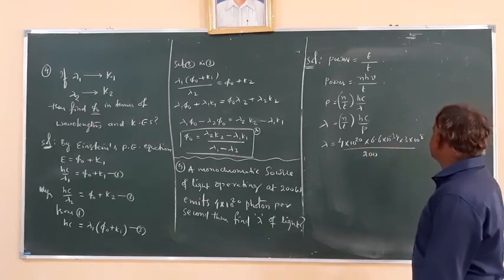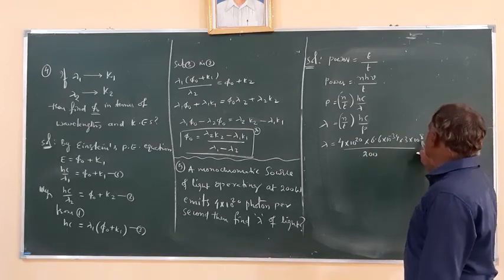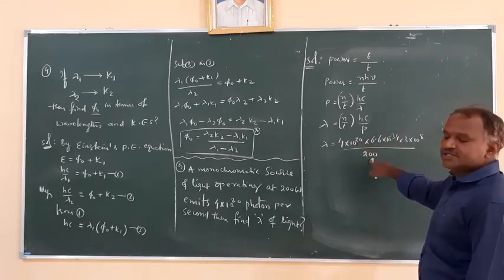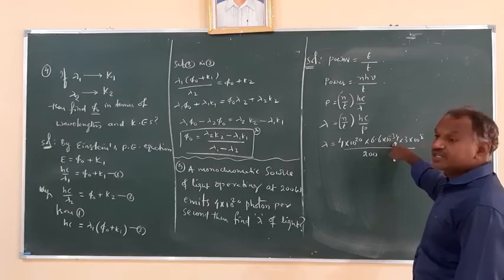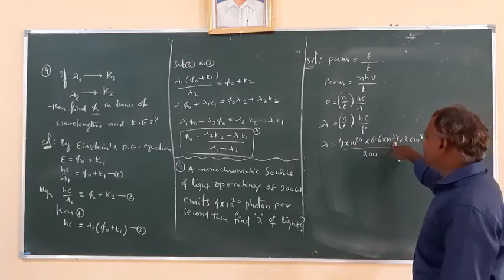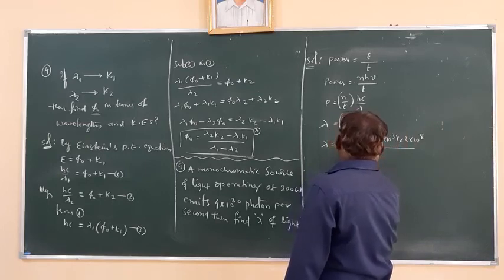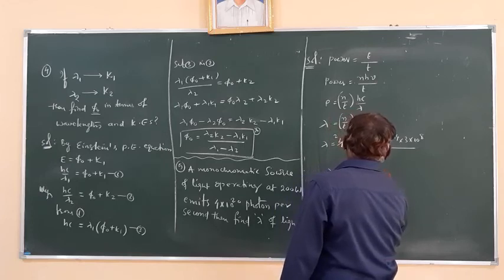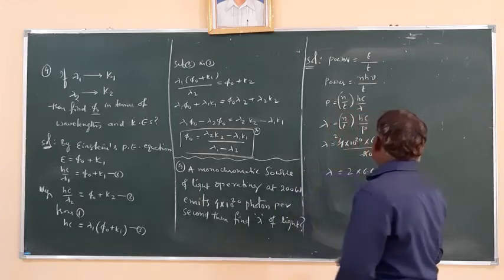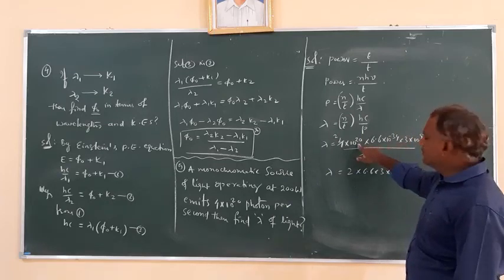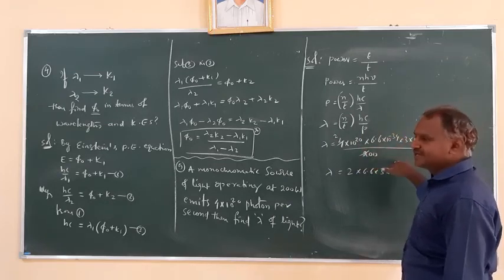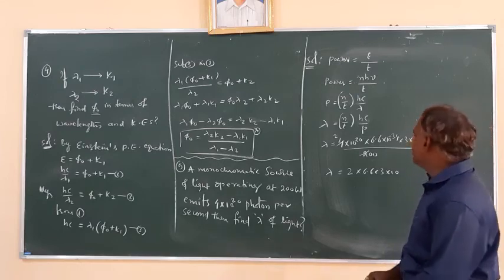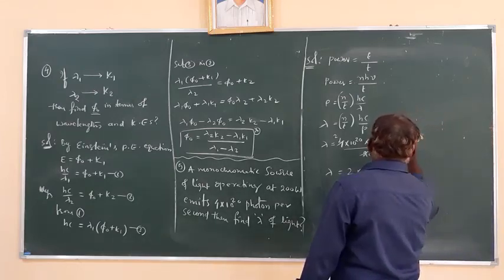Now see this calculation. Here 8, this one is 1, 20, 28, 28. This is minus 2, 26. But here how much is there? 34. 34 minus 26 is 8. So I can write this, the 2 cancels. So lambda is equal to 2 into 6.6 into 3 into 10 power, here this is 8 plus 20, which is 28. These two zeros move up, so it will be minus. So it is 36, 36 minus 28, so it will be 8. So you get 10 power minus 8.